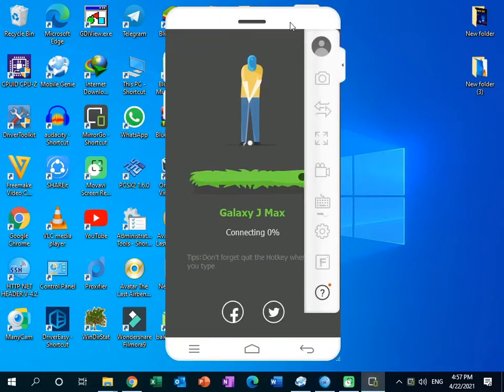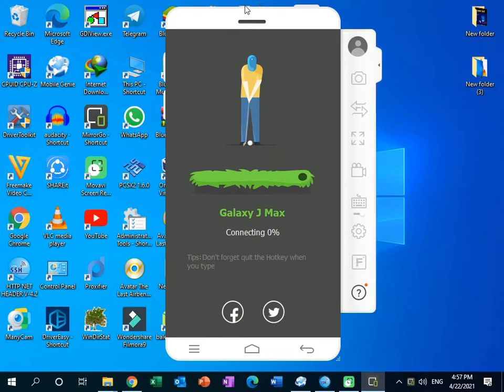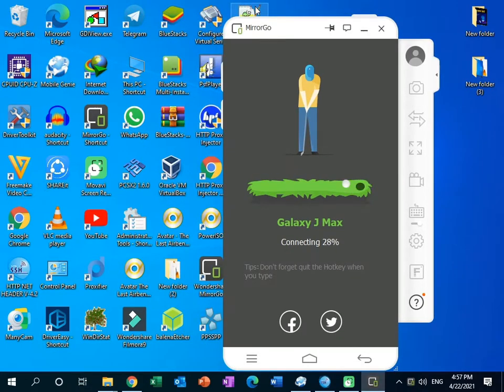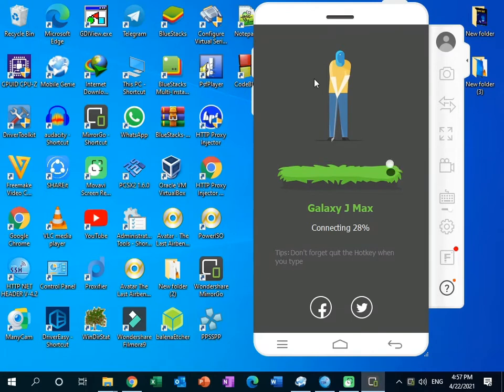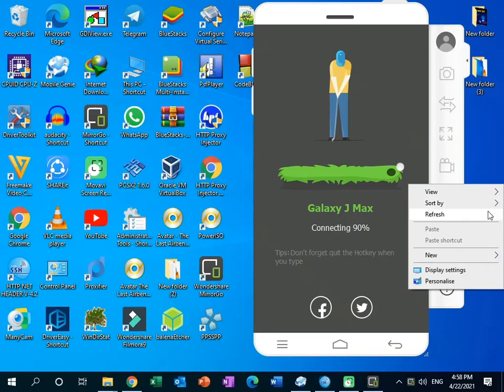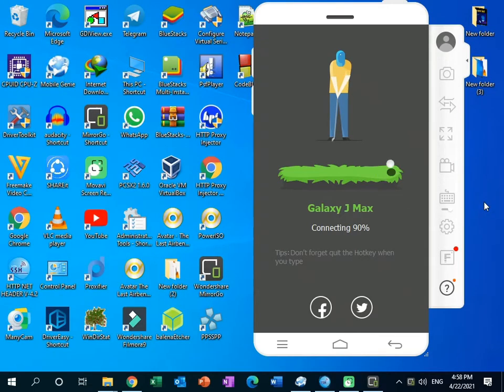You can see my device is already connected, but now I can't connect my phone to this application because it gets an error after it reaches 95%. You can see it here. When it goes to this percentage, I can control my phone from the PC.